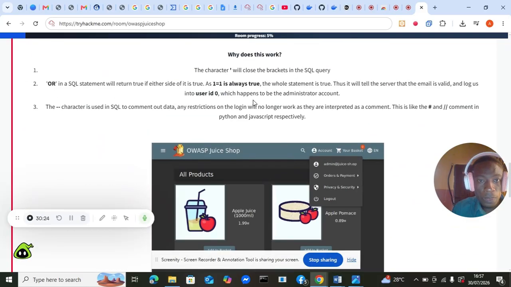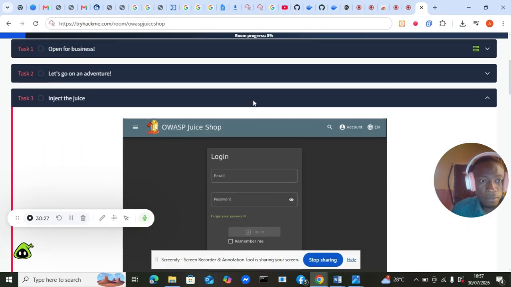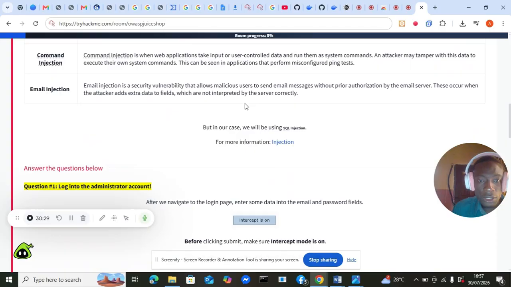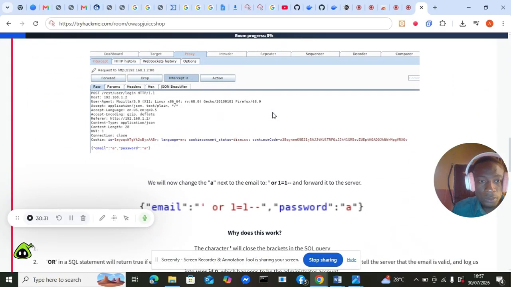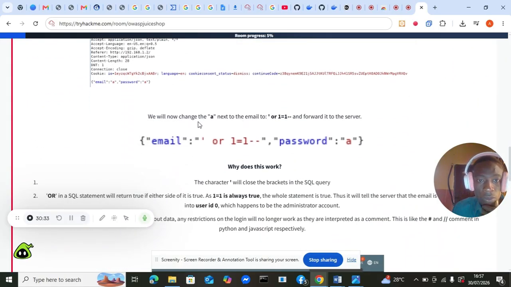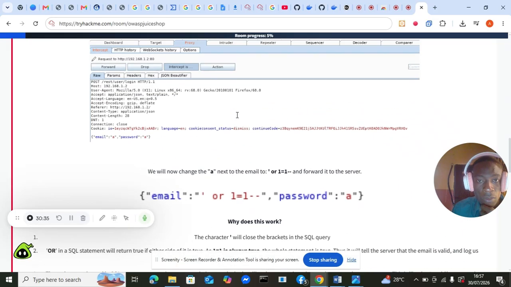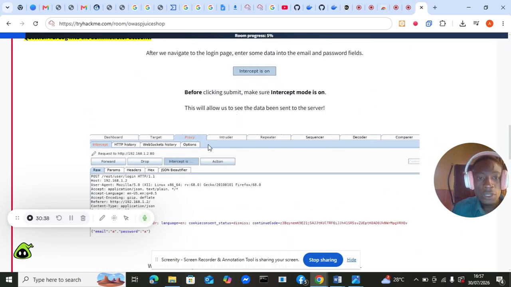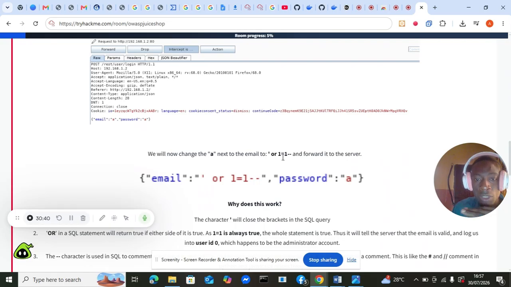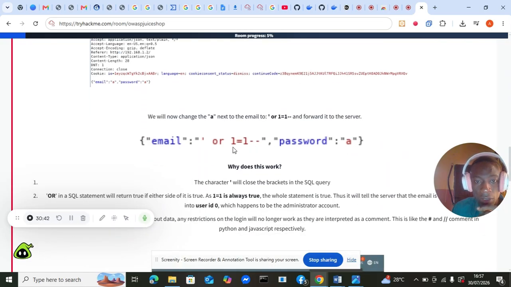Now, let me try and explain this. We found out that this website is vulnerable to SQL attack, and the only way in which you can log in is using what we call a SQL payload.